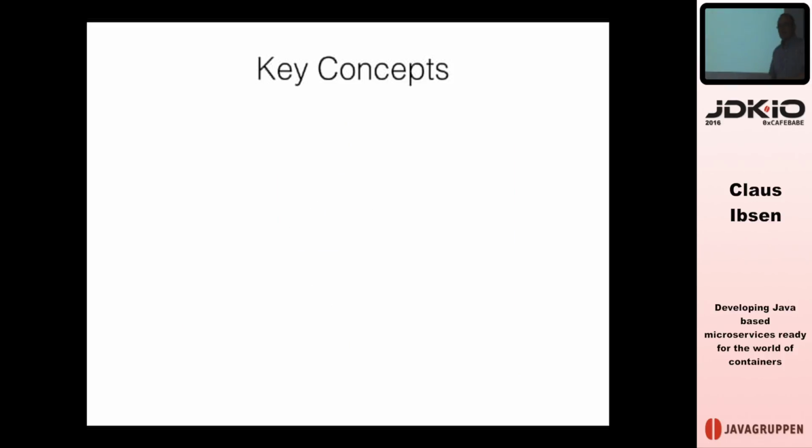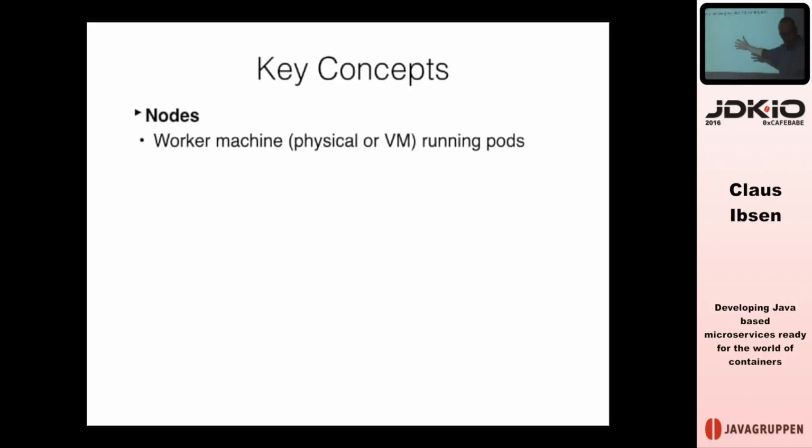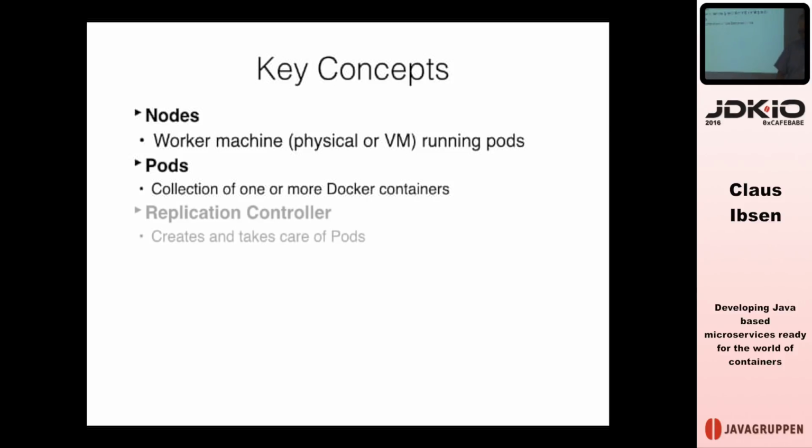So when using Kubernetes, what are the key concepts you should know? Well, there are the nodes. Those are either the physical or the virtual machines where you run your pods. Okay, so pod, what is that? A pod is actually just a collection of Docker containers. So a pod can contain 1 Docker container. That is very typical, that's 1 container to run your application. But you can also have 2 or 3 or 4, and they are co-located together. We're going to talk a bit more about pods in a second.